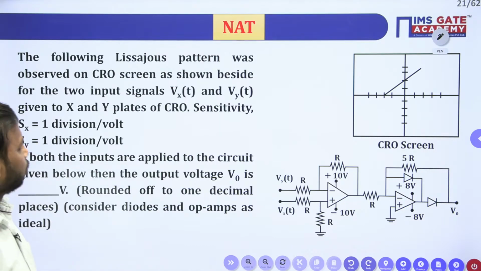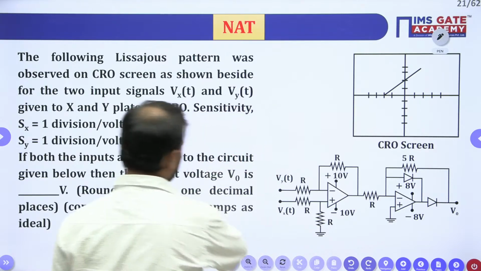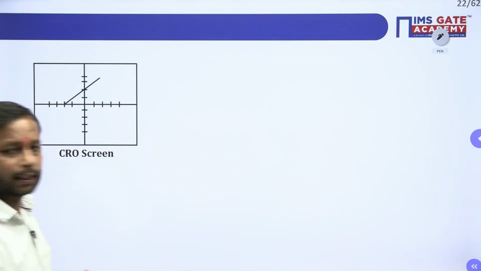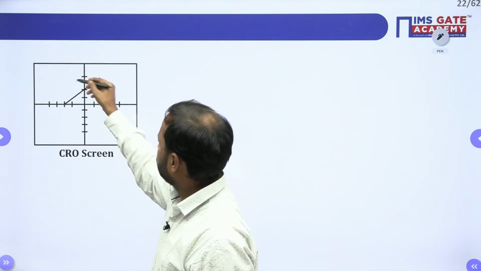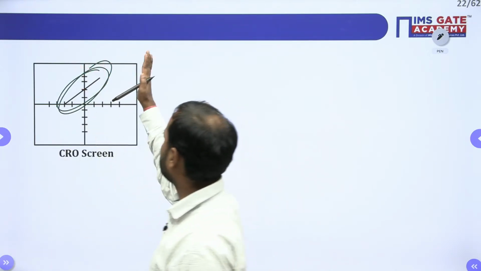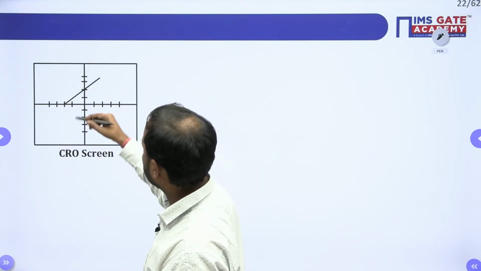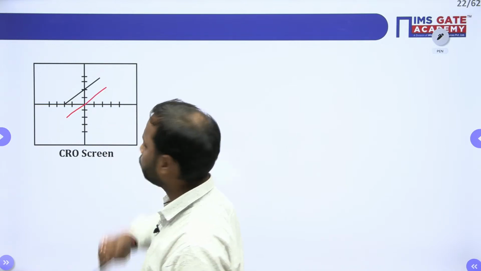All right, so let me directly solve this question. Now see here, everybody see here. If you shift this figure, this is the Lissajous figure. This straight line is a Lissajous figure. Now, if you shift this Lissajous figure like this, passing through origin,